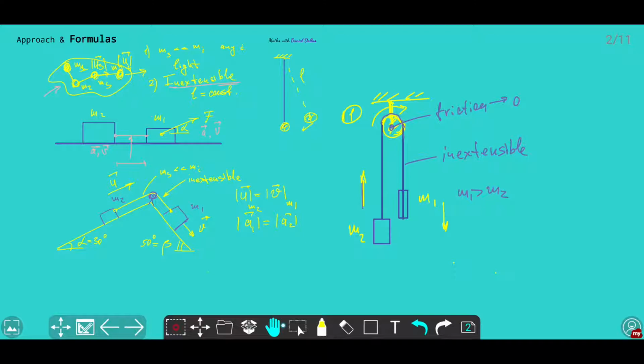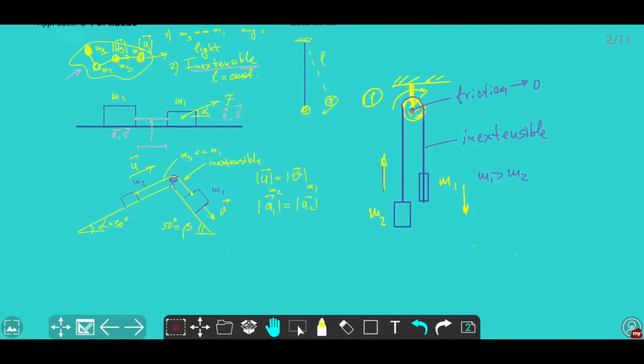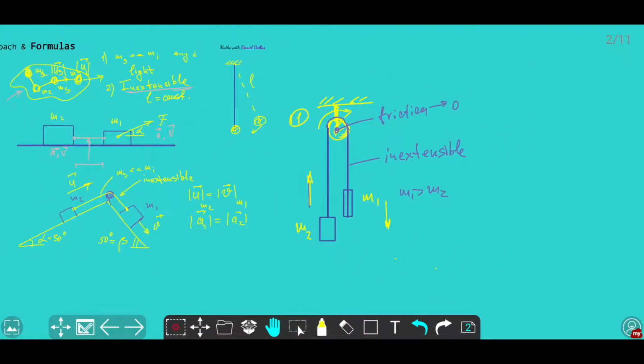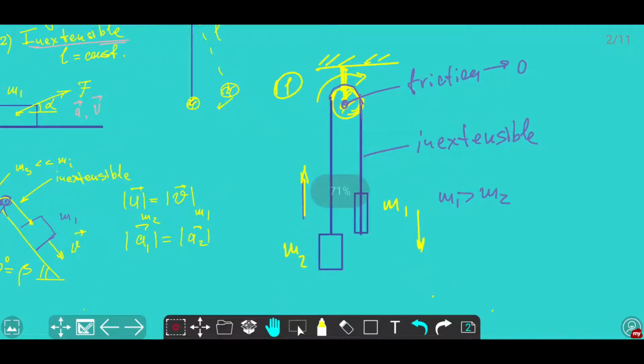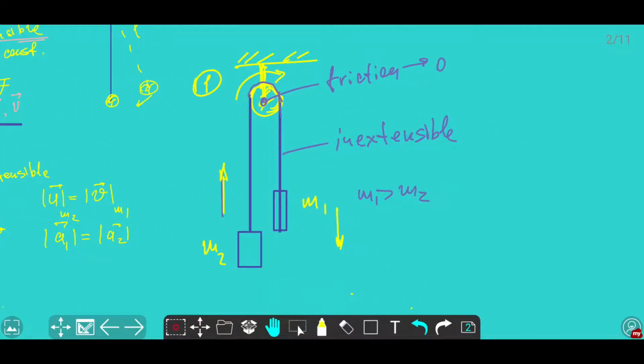And in case 2, I'll just give you a brief idea how it can be done in order to just change direction. Okay, so have a look here. So you have again the pulley which is there. So you have